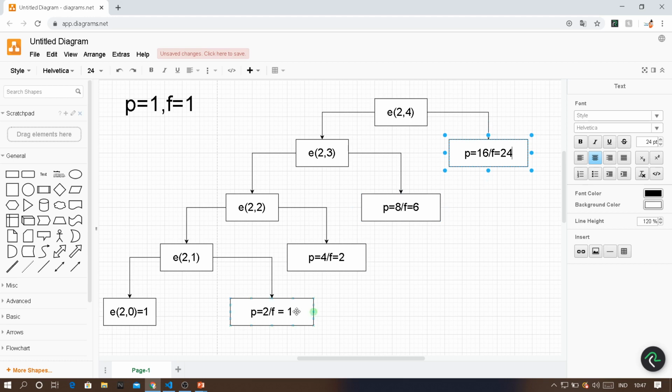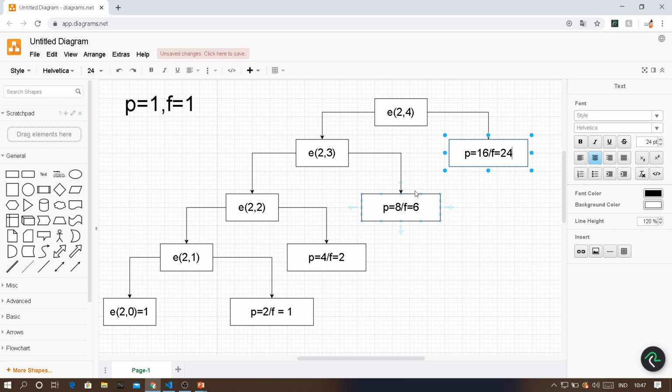Okay. So now can we say this is power of 2 comma 1, this is power of 2 comma 2, this is power of 2 comma 3, this is power of 2 comma 4. This is factorial of 1, factorial of 2, factorial of 3, and factorial of 4. The same values only we are calculating, but using a different method. Here we are not calling the power function. We are not calling the factorial function. Instead, we are introducing two variables called p and f, and using p and f we are calculating all the power values as well as the factorial values.